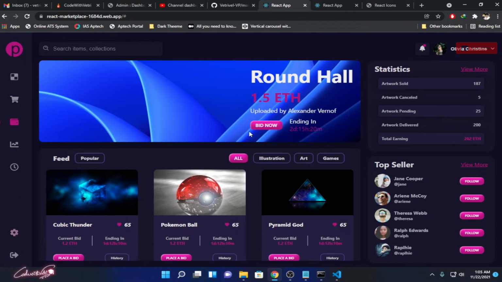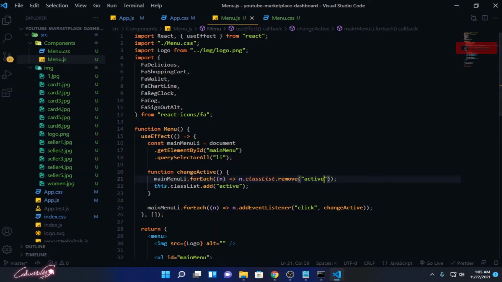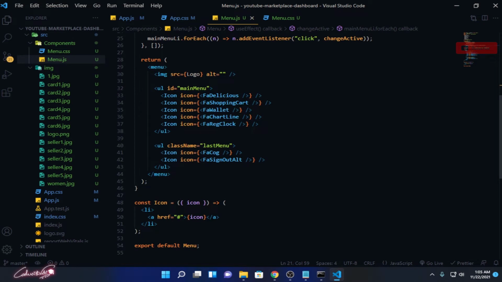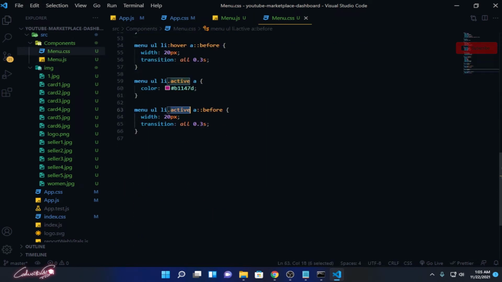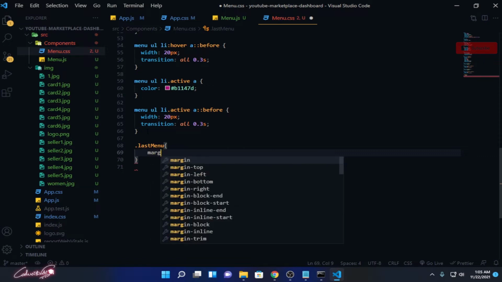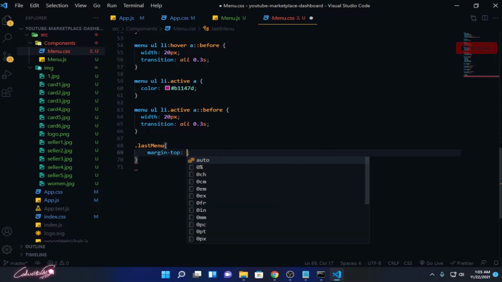Okay, so next what we need to do is move this ul tag further to the bottom. If you have a look at it, see, it's over here. So what I need to do, for that, it's very easy. You just need to open up your menu and copy this. All I need to do is dot last menu, margin top auto. So that will push that complete division to the bottom